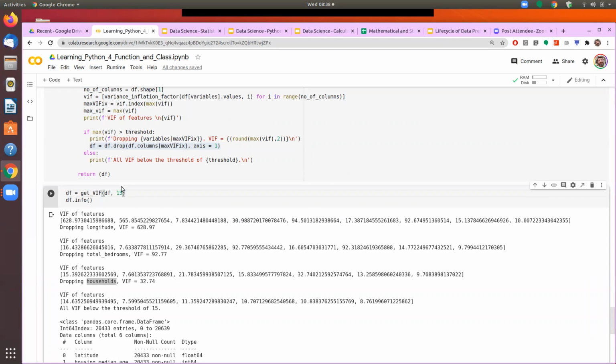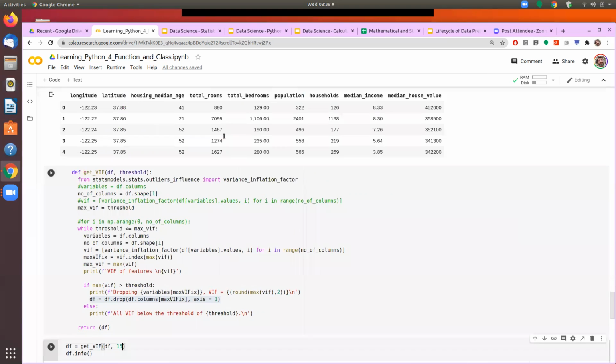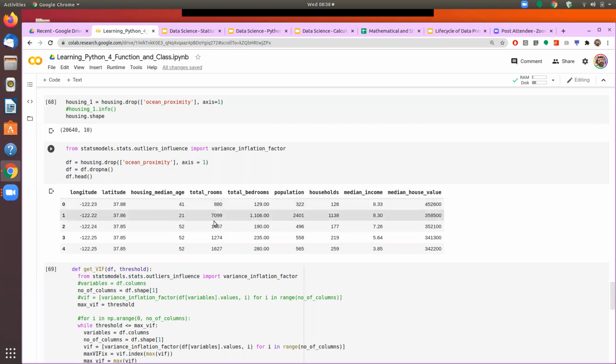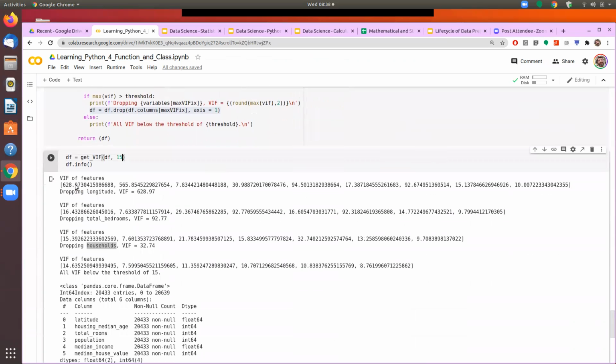features we have. So first one is latitude, longitude in this order. Latitude, longitude, housing median age, total rooms, and so on. So first I drop the one which has the highest value. Then I compute the VIF scores again. And then we see that the total bedrooms has 92. We drop that. Then I compute the VIF again for the remaining elements. And then thus we end up retaining those which are not correlated. So your understanding is right, Rishabh? Yes. So we end up retaining those which are not correlated.